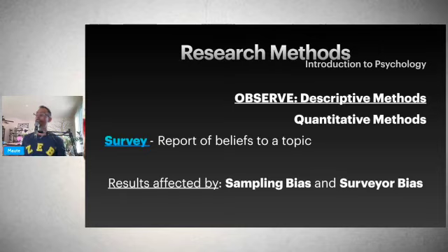And then finally, the thing that I really want to focus on, the thing that can really affect the results of a survey, is the wording of the survey questions. And this presents a problem in doing surveys called surveyor bias. This happens when the wording of the survey question encourages answers that the surveyors hope to receive, rather than being an honest reflection of the thoughts provided by the participants.